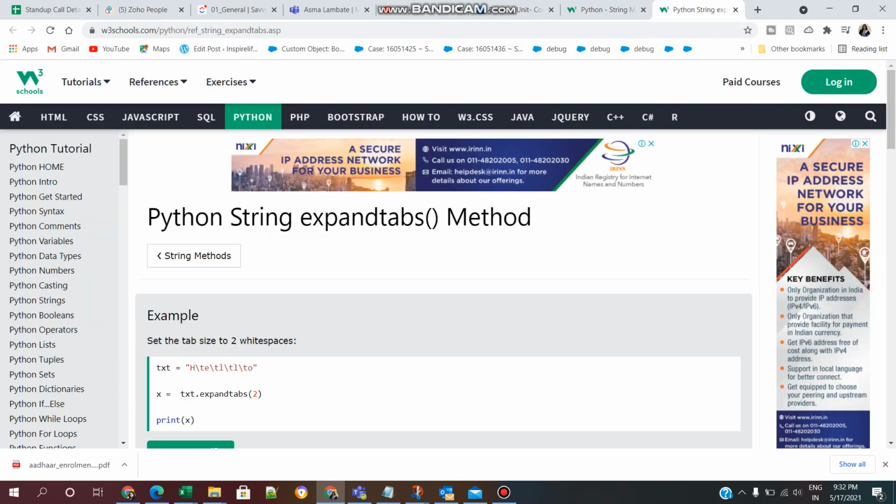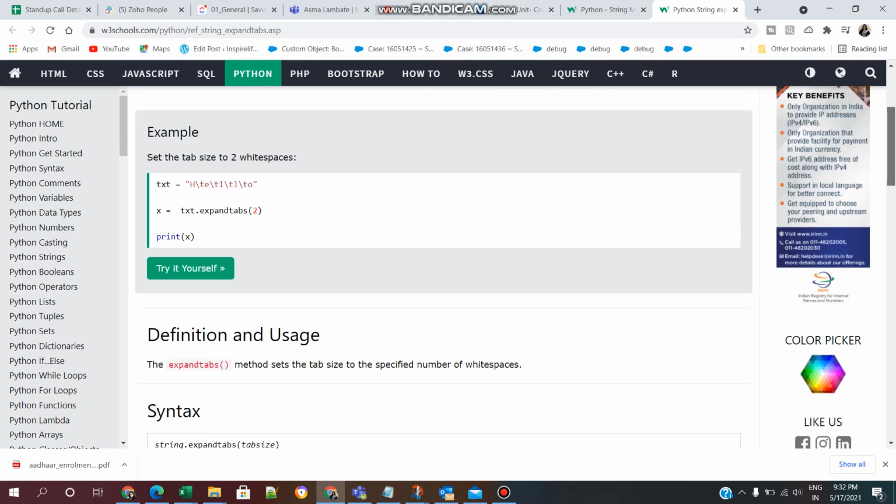So click on that. Now we will see this example practically. Here set the tab size to 2 white spaces. So txt equal to hello, and here txt.expandtabs(2). Here 2 is the white spaces, 2 white spaces we need. So print x.